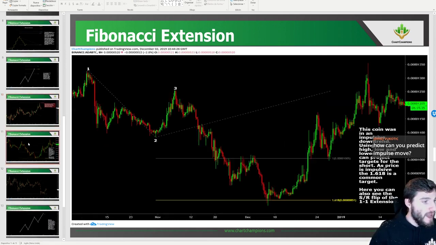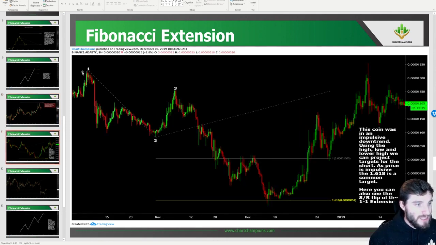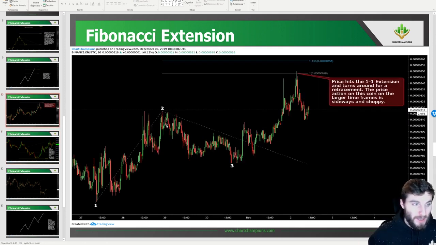So another example here, and this is on Cardano. Again, I've come back here to December, this was in 2018. And what you can see here is the same on the downtrend. Obviously, moving up, we went from low to higher low, and we get the extension to the upside. On the example here on Cardano, as we can see, it goes from high to low to the next high. And all I want to say is, I'll go through ENG at the end, by the way, but ENG has been very sideways and choppy. So the one-to-one extension is a good target. The difference on